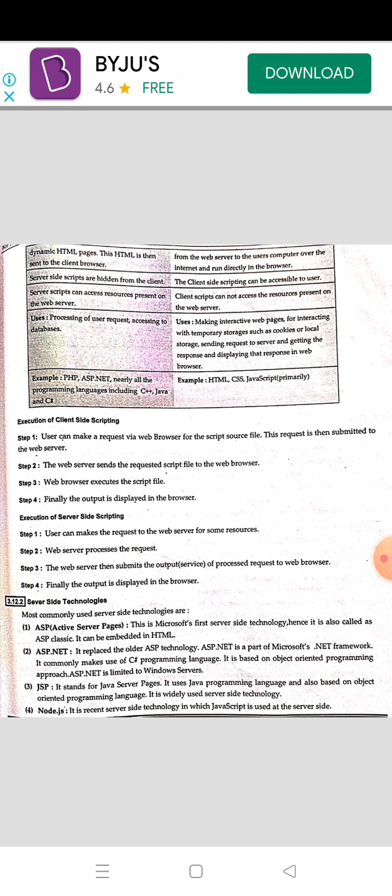Examples of server side scripting languages are PHP, ASP, ASP.NET, and nearly all programming languages such as C++, Java and C# which we can embed in HTML. Examples of client side scripting are HTML, CSS and JavaScript.